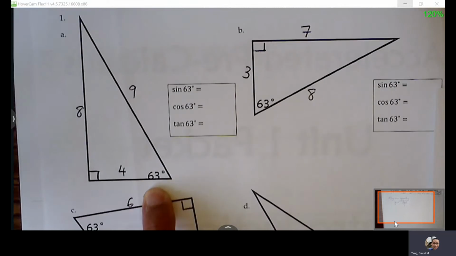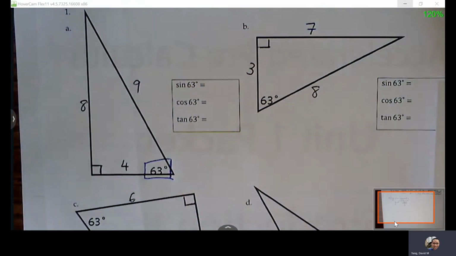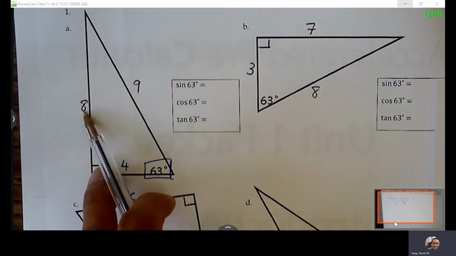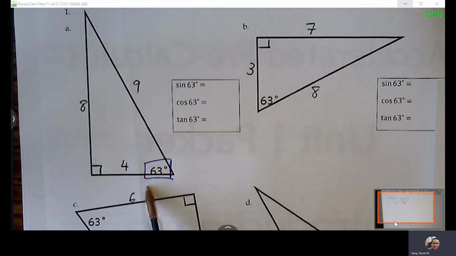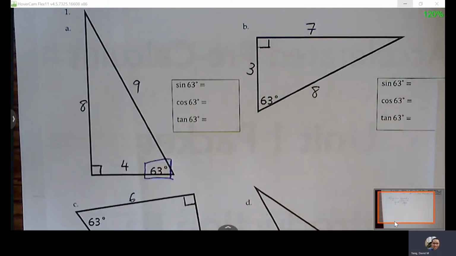So in this case, we're trying to find the sine, cosine, tangent of our degree measure, 63 degrees. So that means we want to imagine that we are standing in this spot and looking out at the rest of the triangle, right? We know that the side that is next to this angle must be the adjacent. The one opposite, the one that's furthest away, the one that's not touching that angle at all, is opposite. And then the way we distinguish between adjacent and hypotenuse, because sometimes we get confused thinking that the hypotenuse is the adjacent. So technically it is adjacent. However,